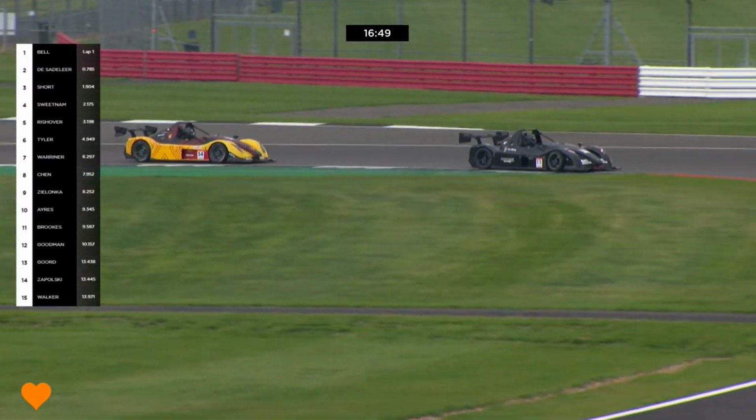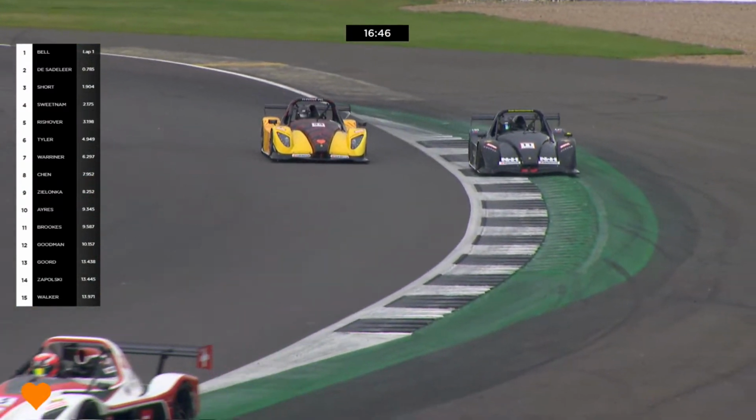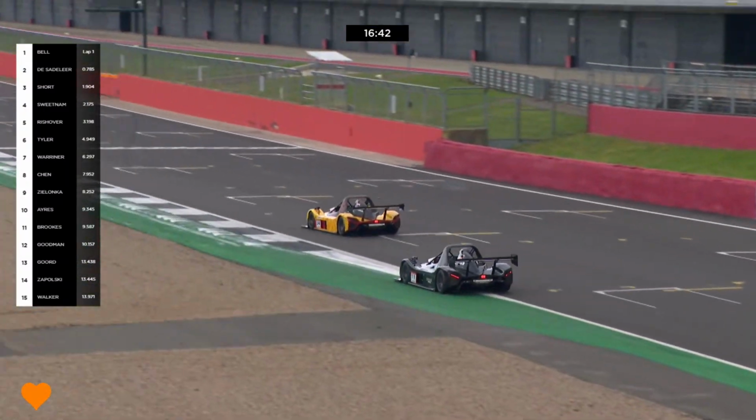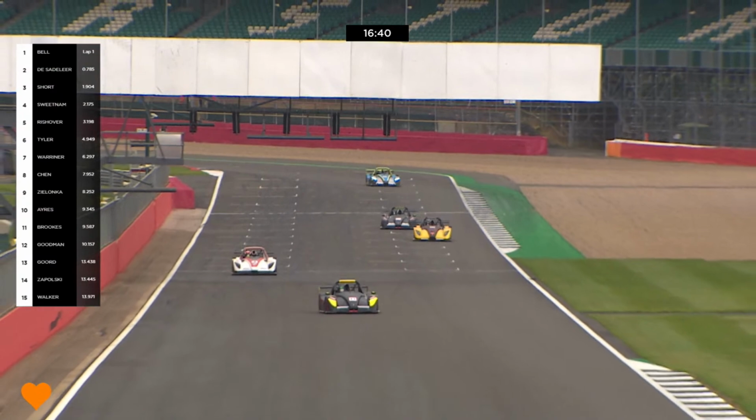Now James Sweetenham, we haven't seen a great deal of in the championship this year. He didn't compete at Snetterton. We saw him out at Brands Hatch for the first time. His best result has been a 6th position, but he's now through and up into the podium spots in these